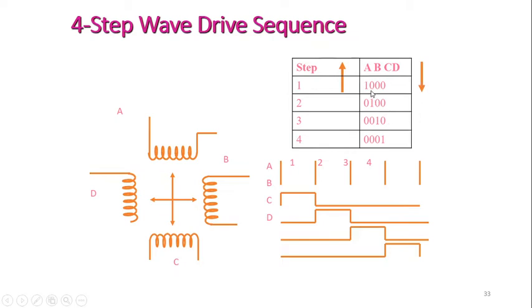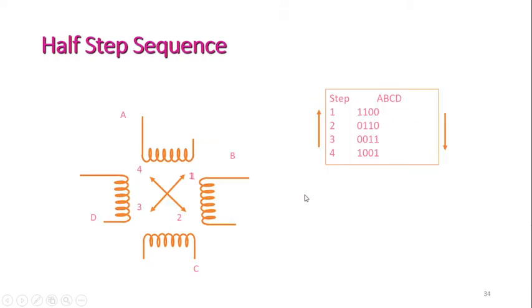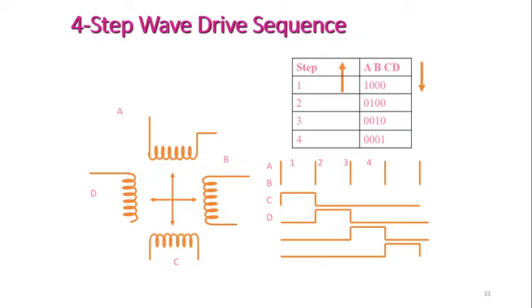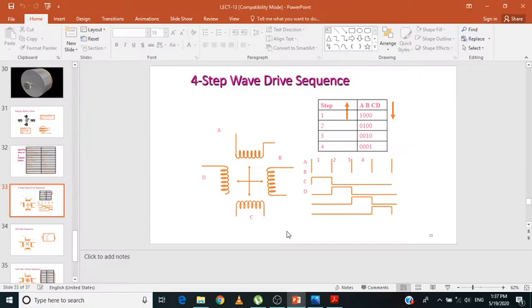In the downward direction, I'm applying the active high pulse to the A. I'm having the pulses over here, right? Wait, let me show you exactly. These are shifted. Let's focus on this. This pulse is related to the A, and the second pulse is for the B, and the third pulse for the C.